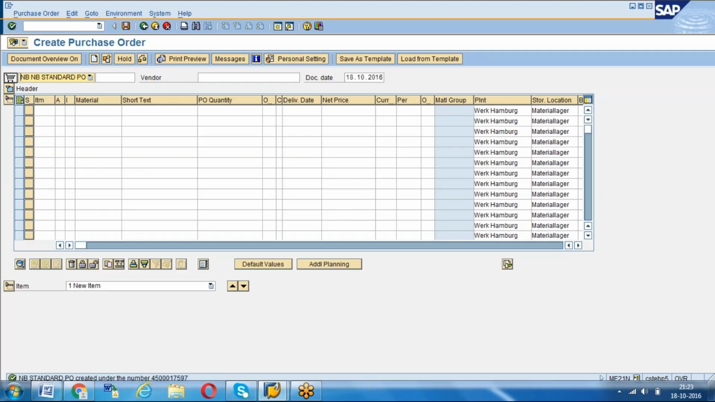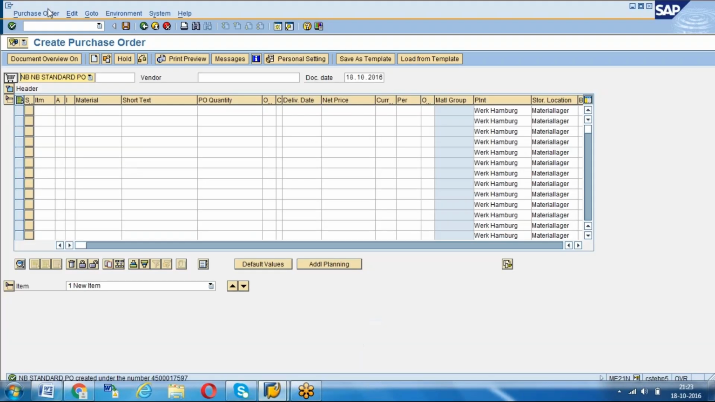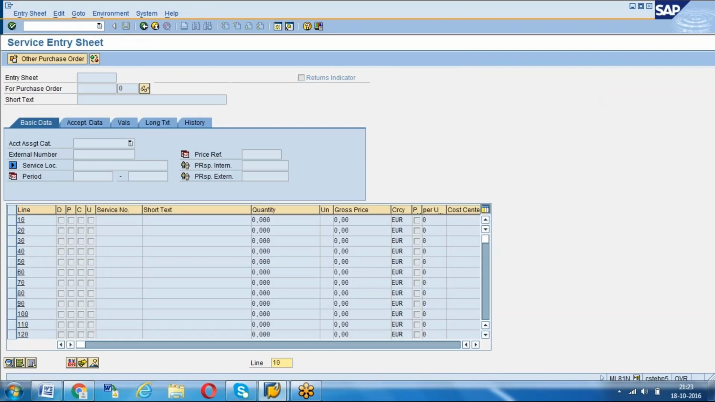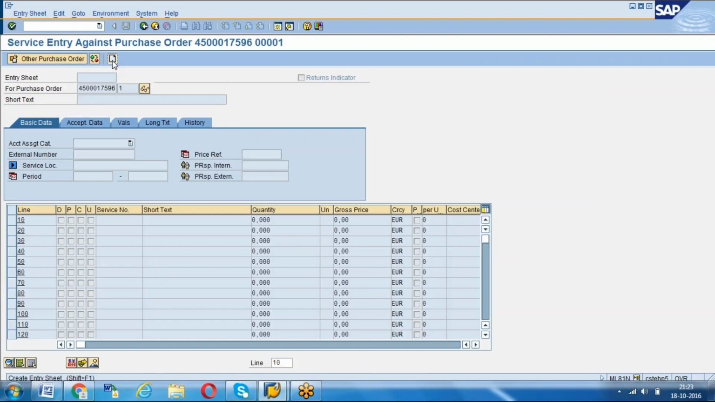Okay, the PO is 17597 4500 17597. Okay, now I'm coming to service entry sheet. /n ml81n 96. Okay, then click on create,